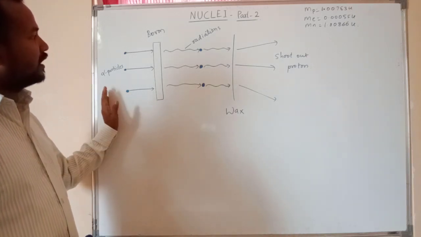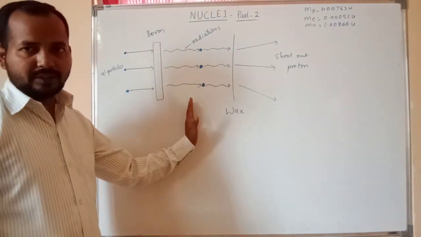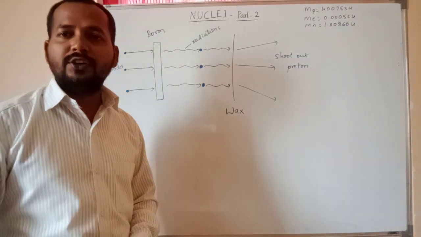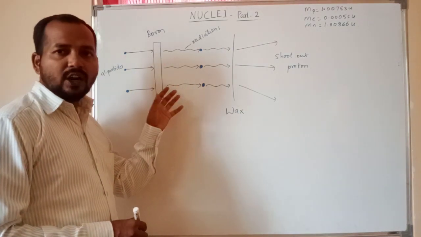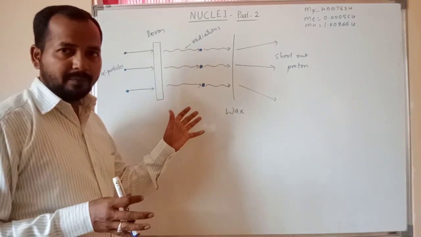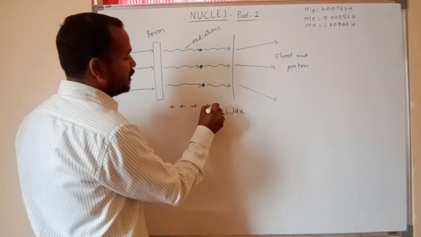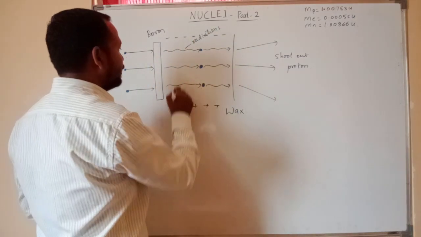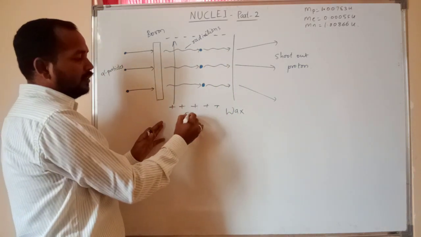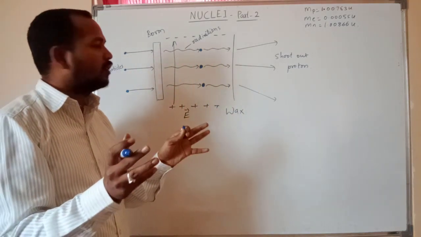These alpha particles are allowed to hit the boron material such that it emits radiations, and these radiations are neutral. How do you say that they are neutral? When these radiations are allowed to pass through an electric field or magnetic field, they should not change their direction or their momentum, right? So here if I consider this is plus and here minus, this is the electric field in this way. So when these radiations are passed through this electric field, they do not get disturbed or move, right?